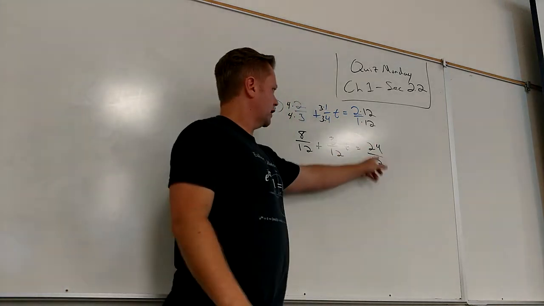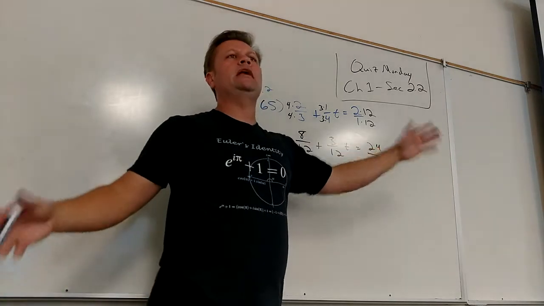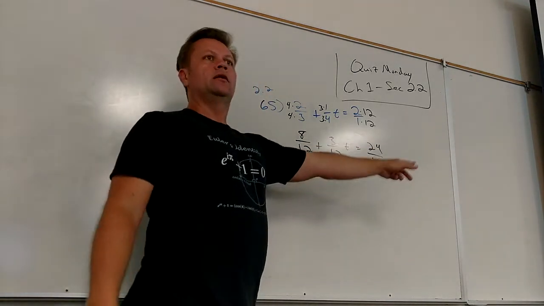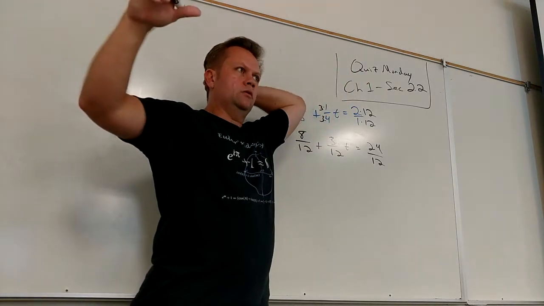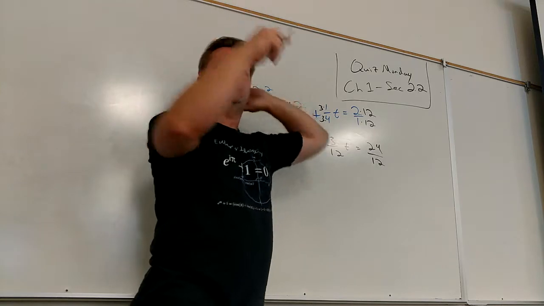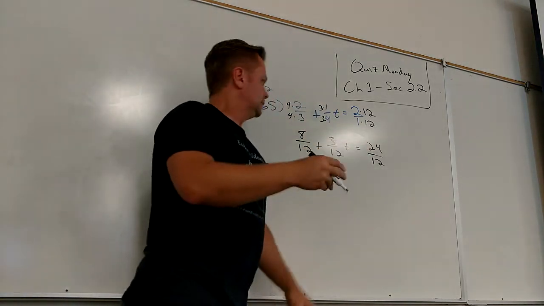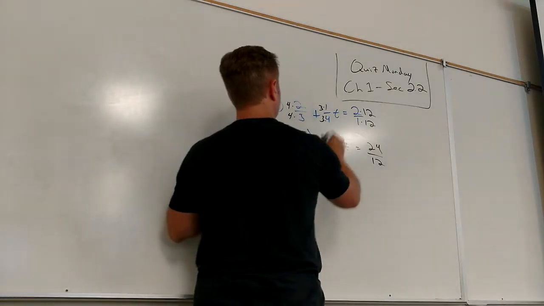And of course, 24 divided by 12 is 2. So effectively, I just made things look different. But now, what do I multiply both sides by? Because everything's being divided by 12. So I made it look like the problem we just did, because the problem we just did was relatively easy. All right, so if I multiply both sides by 12,